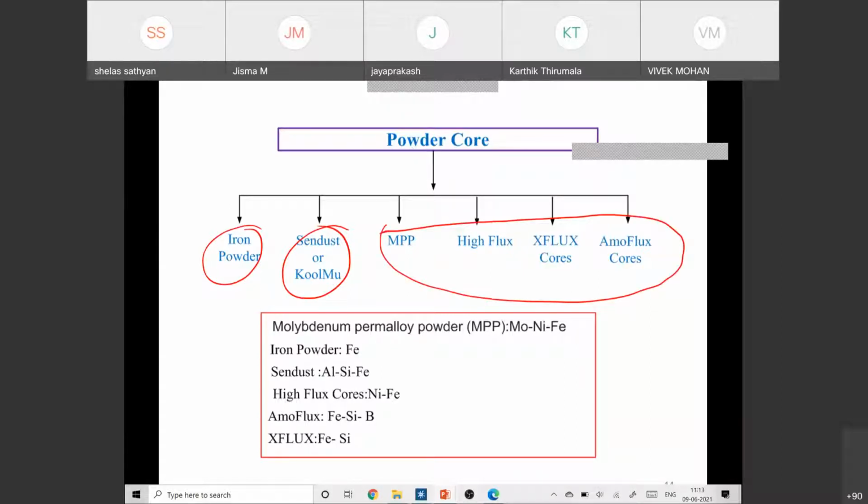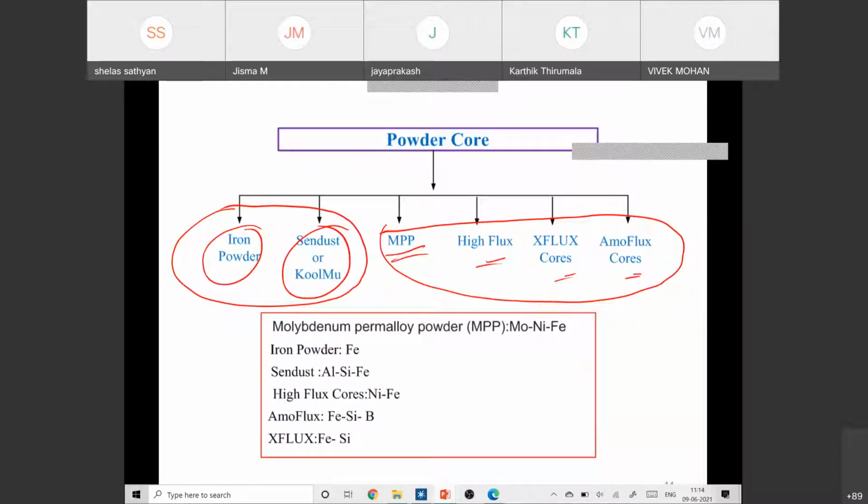Basically, these magnetic cores, the soft magnetic materials, are manufactured mostly in China. They have a monopoly nowadays, even though we have sufficient ferrite manufacturers. But when it comes to the powdered iron core, a good amount of the world's supply is coming from China. These two cores you may get from our local electronic shops, but if you want to use this kind of core, you may need to import.